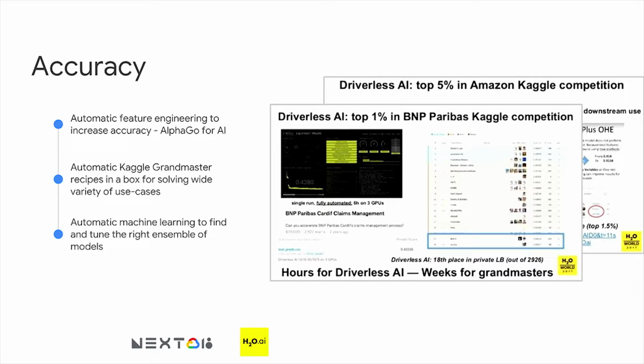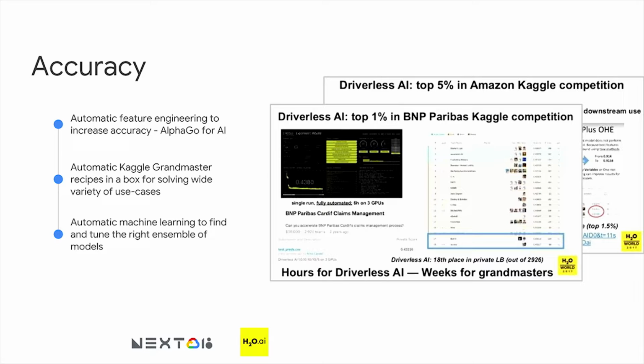So the question comes up, how accurate are we? I mean, automation is cool. AutoML is the buzzword now, but is it really good? So what we did is we actually took Driverless AI to task, and we participated in Kaggle as a bot. In some of the competitions, and this one in particular is pretty cool, the BNP Paribas Kaggle, this was a year old. Out of the box, Driverless AI came 10th on the leaderboard out of about 3,000 participants. Just for context, right? All the people who were ranked higher than Driverless AI had, on average, anywhere from 10 to 25 submissions.